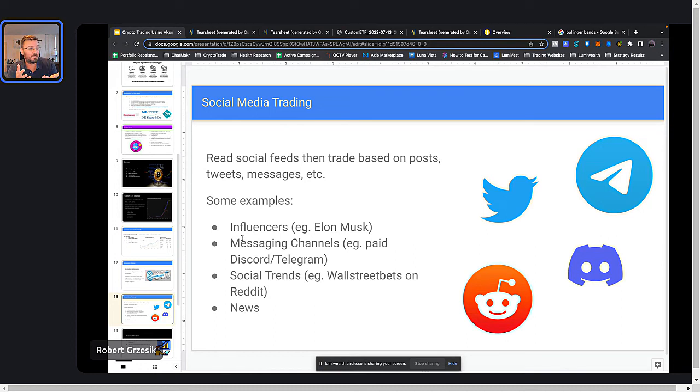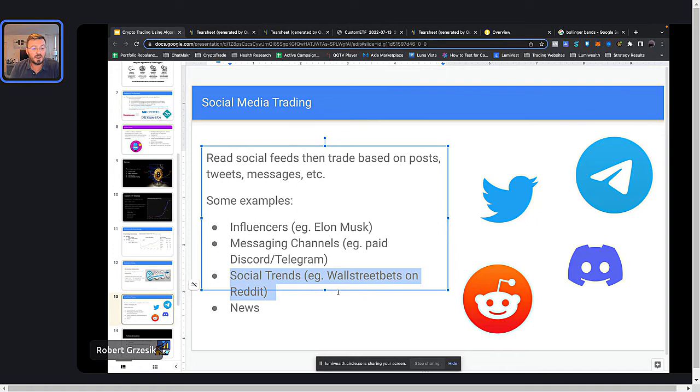Just people are talking about it a lot. Buy it, hold it for an hour, and then sell it. You don't have a ton of risk. You put stop losses in. You can make quite a bit of money without taking huge risks doing that sort of thing, listening to these messaging channels. You can pay attention to social trends. For example, like Wall Street Bets on Reddit, or what I'm going to show you an example of using, the crypto Reddit channels to look at social trends and actually invest based on that stuff.